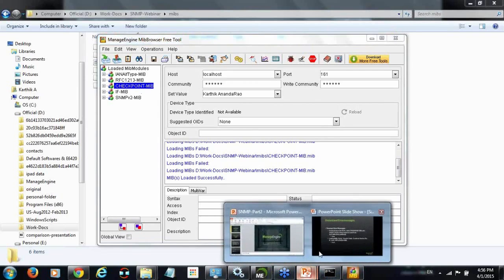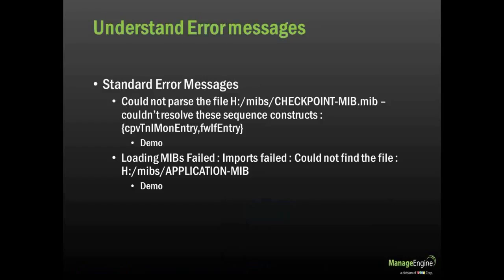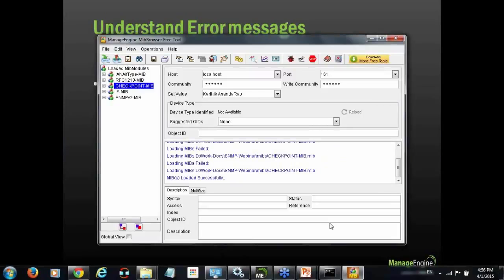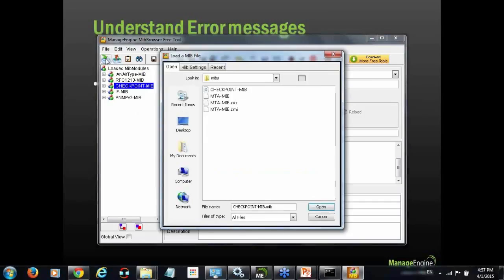So the next error in our agenda is loading MIBs failed, imports failed, could not find the file application MIB. So I'm going to show you how to rectify this error. This happens when the MIB to be loaded has a few import constructs from other MIBs, and in such cases all the MIBs should be present in the same folder so as to enable the MIB browser tool to load the MIBs properly. So I'm going to load the MTA MIB for this,